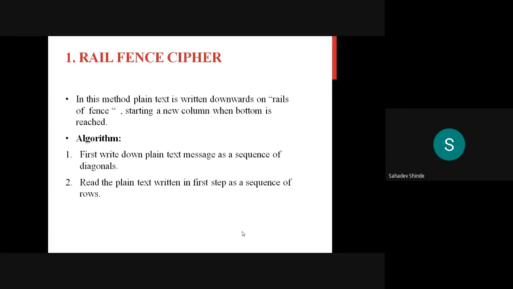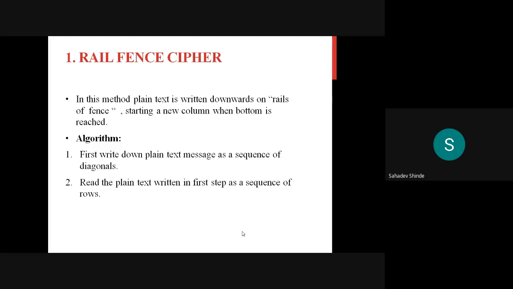The algorithm is that first you write down the plain text message as a sequence of diagonals, and the second step is to read the plain text written in the first step as a sequence of rows. We write diagonally, and while reading we read row-wise, so that you get the cipher text. Only this much algorithm is there.